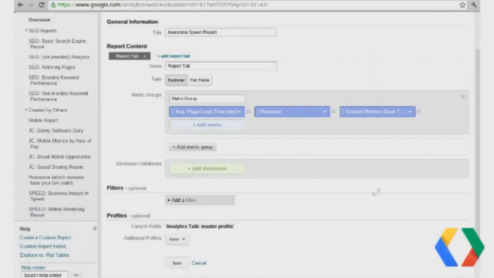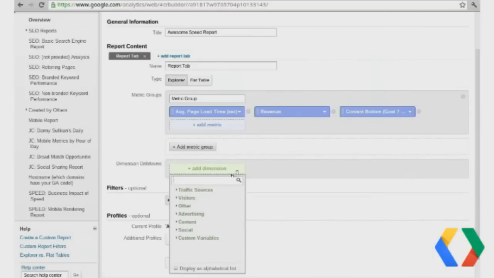Yep. So we can add a lot of different metrics here to our report, and again, metrics around revenue and conversions, so no matter what the site does. And I can then add in a whole bunch of different dimensions. And dimensions are really attributes of a visit, right? So they could be the page the visitor was looking at, could be the country the visitor came from. I can put almost anything in here, right?